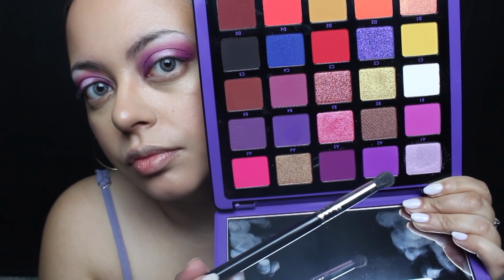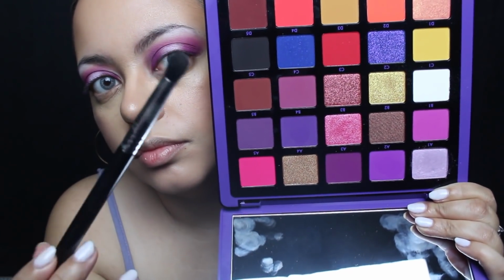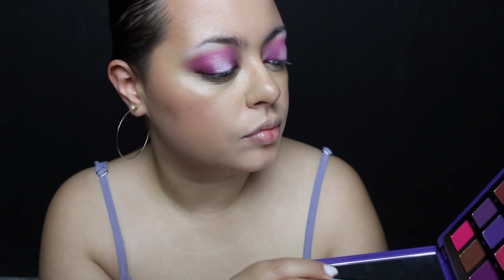Now back to the Norvina palette. I am taking A2 and placing this into the lower lash line with this dense